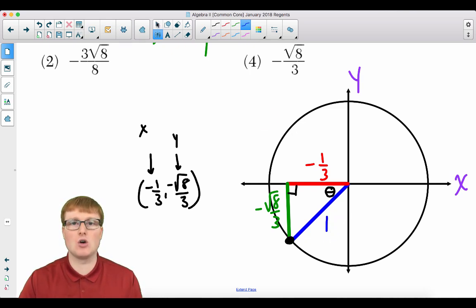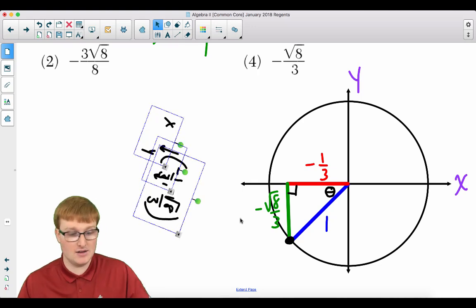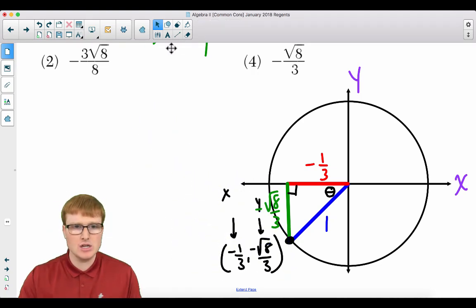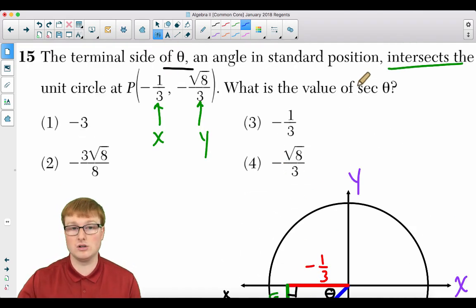Remember from geometry, a radius is drawn from the center of the circle to a point on the circle. And in this case, it is the unit circle, which automatically has a radius of the number 1. This is all very important information, folks. So, now that we got our diagram correct, what in the world is secant